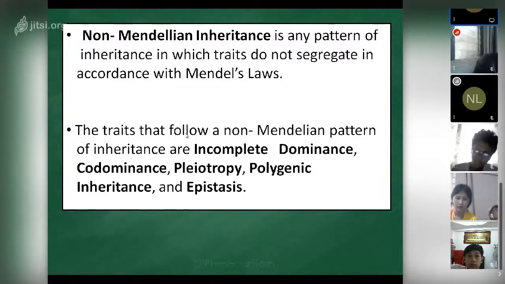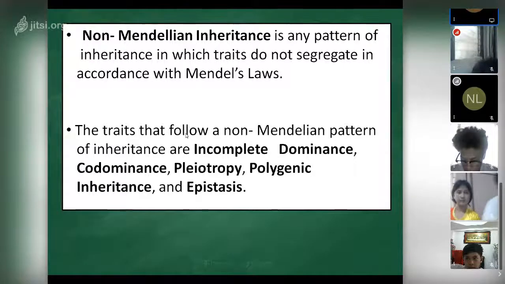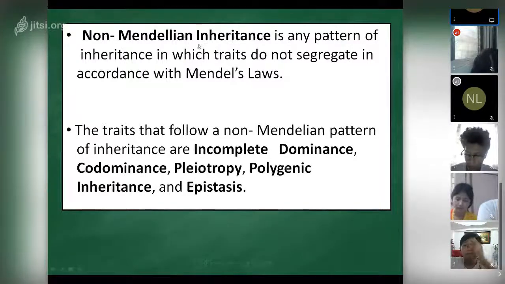The traits that follow a non-Mendelian pattern of inheritance are incomplete dominance, codominance, pleiotropy, polygenic inheritance, and epistasis. So again, non-Mendelian inheritance is any pattern of inheritance in which traits do not segregate in accordance with